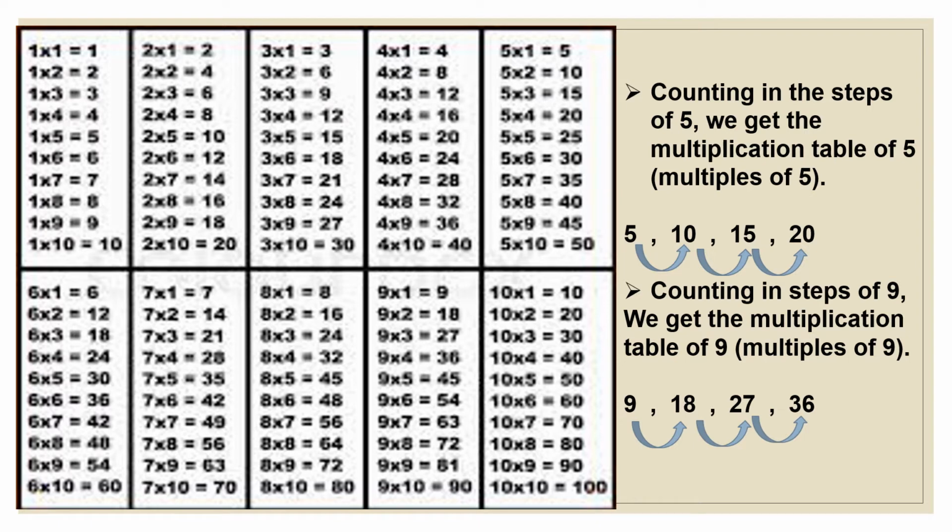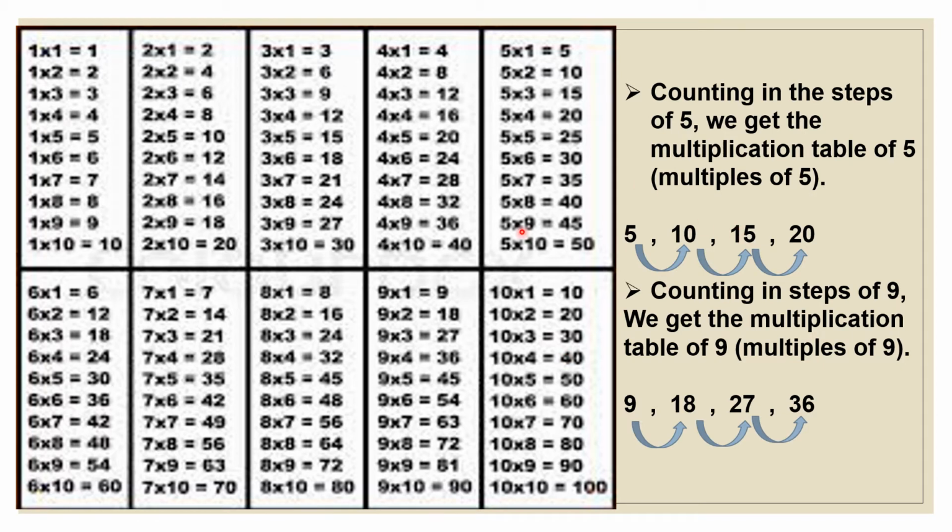Here, first of all, it's really very necessary that you revise all your tables back at home. Obviously, the table of 1 does not need to be revised, because every number that you multiply with 1, you get the same answer, right? 1 ones are 1, 1 twos are 2, 1 threes are 3. But make sure you revise the tables of 2, 3, 4, 5, 6, 7, 8, 9, 10. These are really very important, otherwise you'll face a lot of difficulty in solving the questions.